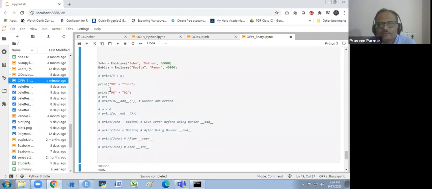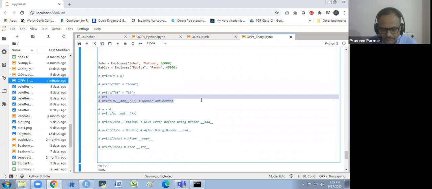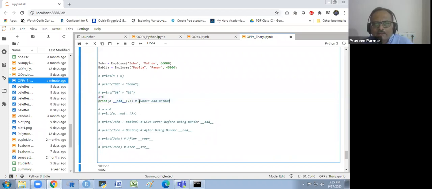So if I use it like this, if I comment this and uncomment this, then you could see what will happen. Dunder add method, the dunder add method is this one. This one, dunder add, is for addition. For multiplication, we have different methods. If you search for dunder on the net, you would see there are so many dunder methods.